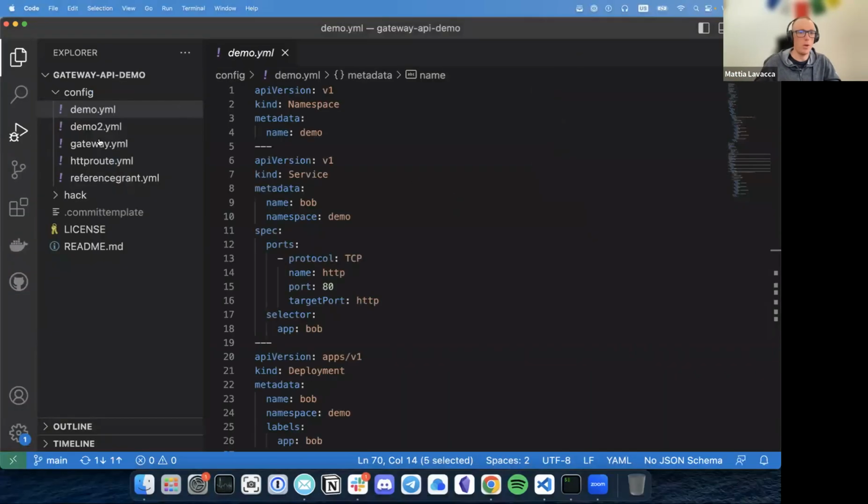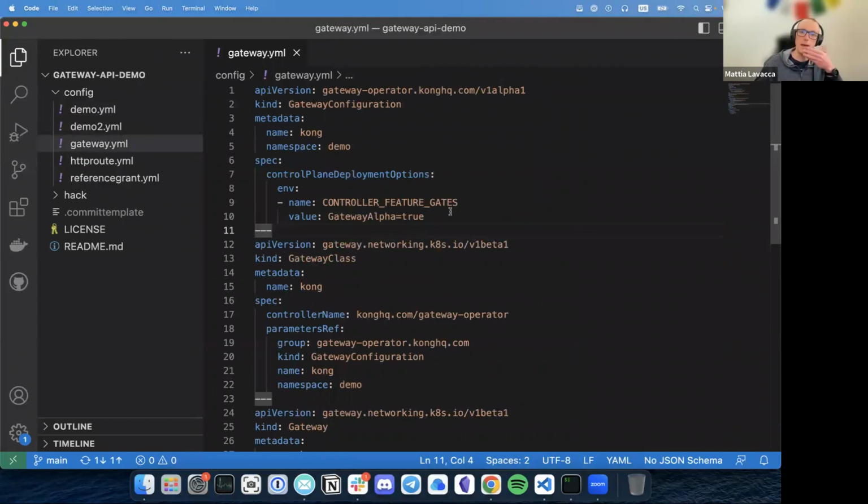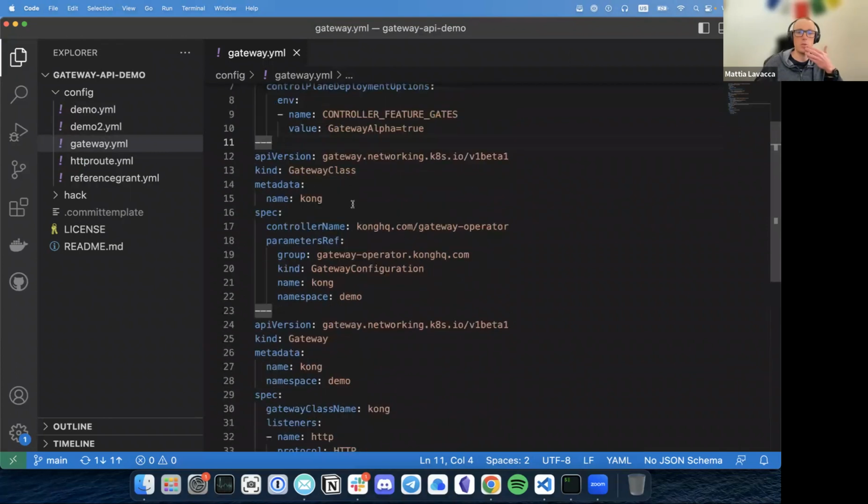So as a first step, we need to create a gateway. And to create a gateway, we have three different resources. The first one is the gateway class, as we saw before. And the gateway class has a controller name, which is konghq.com/gateway-operator, the name of the gateway operator controller. That is the component that will reconcile our gateway, and will be creating the control plane and the data plane out of it. And we have a parameters ref to enrich the control plane and data plane with additional configuration